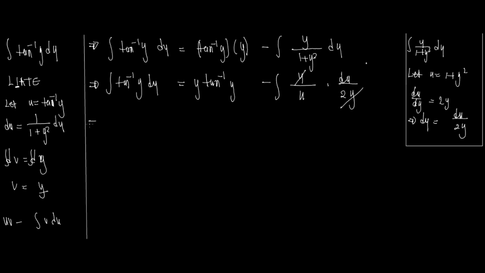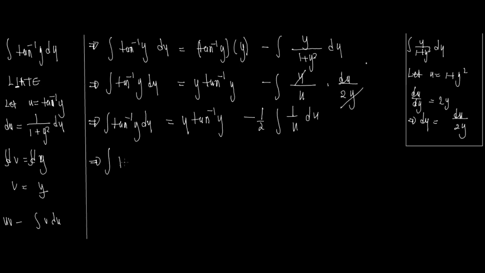So we'll have the integral of arctangent of y dy, which is equal to y arctangent of y minus 1 over 2 the integral of 1 over u du, which is equal to y times arctangent of y minus 1 over 2